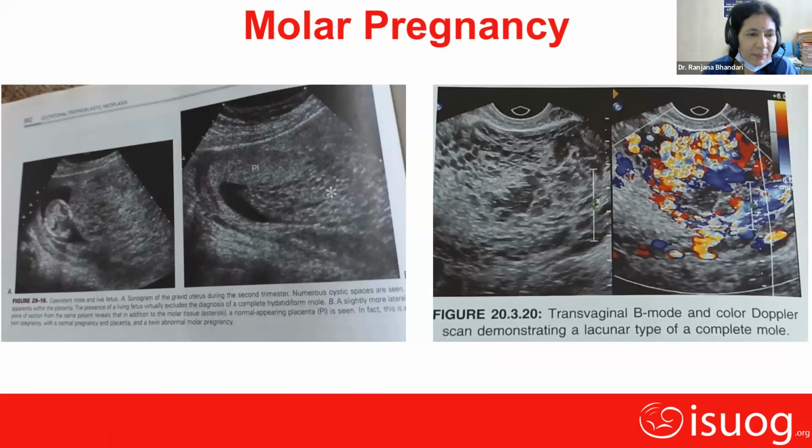Now comes molar pregnancy. In molar pregnancy, the placenta takes on a snowstorm appearance, with cystic, hyperechoic and somewhere hypoechoic structures totally surrounding the endometrial cavity. Molar pregnancy is due to abnormality of the trophoblastic tissue, and the trophoblastic tissue may appear in twin